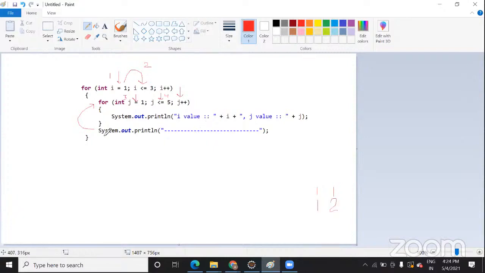Now once you do it, again the flow will come till this condition is satisfied for j. So now here j will be 3, i is 1 and j is 3. In this way, it will keep on printing till j equals 5. Now, once this 5 occurs, it will increment again to 6, then initialize with 6. 6 is less than 5, condition immediately false, so it will come out of the loop.